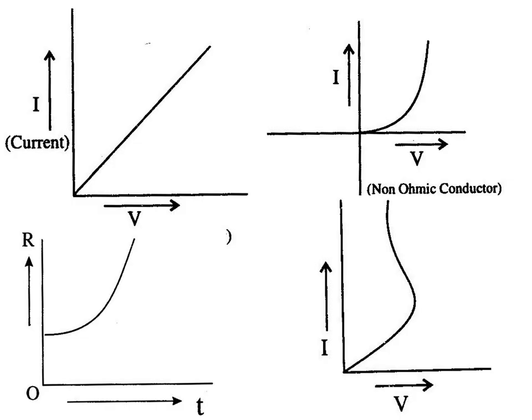Figure 1 shows a straight line of V and I, voltage and current. It shows ohmic resistance. Proportionality of voltage and current is present. Figures 2, 3, 4 do not show proportionality and are not straight lines between voltage and current, that is, non-ohmic resistance. Therefore, in the second, third, and fourth figures,